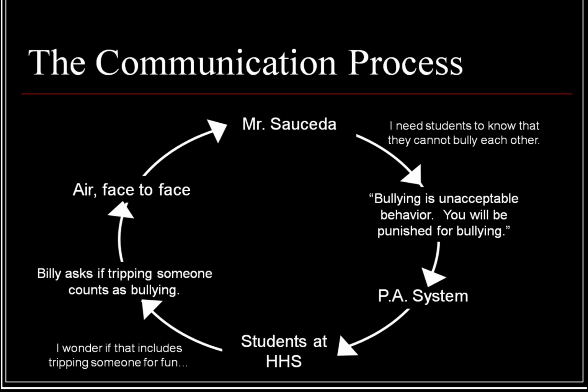Now, he asks this to Mr. Sauceda directly. So the communication channel in this case is the air, or face-to-face communication, to which Mr. Sauceda then can answer the question. So he goes through an encoding process, a messaging process, the communication channel, and this process is completely iterative over and over and over again. And all the other barriers to communication, the things that could disrupt the communication, all come into play. Biases, ineffective channels of communication, etc.